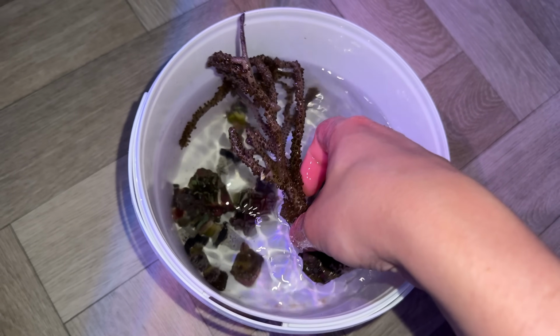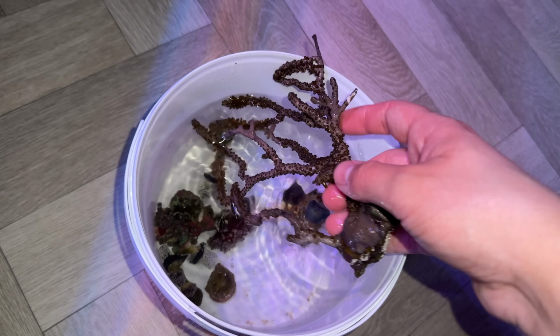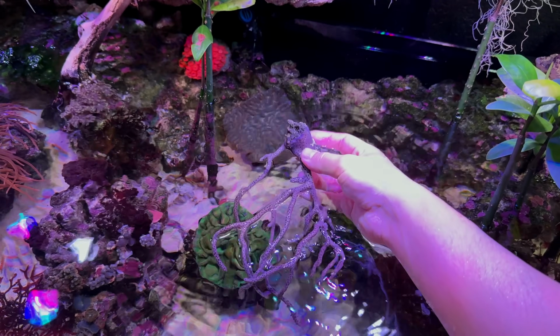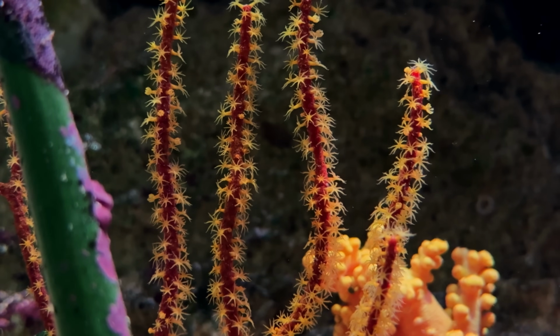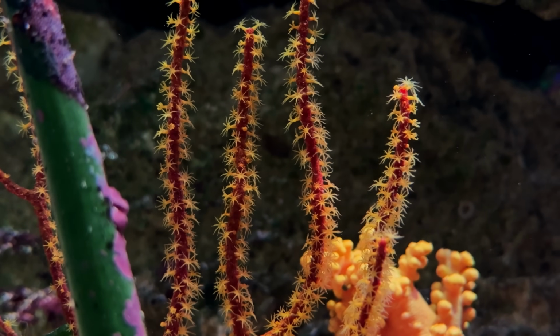This big piece may look a bit odd, but trust me, it's such a nice addition to this aquarium. This is called a gorgonian. It is a type of filter feeding coral. This yellow one here is also a gorgonian and it's doing really well. These corals have tons of small polyps that they use to filter small particles from the water as a way